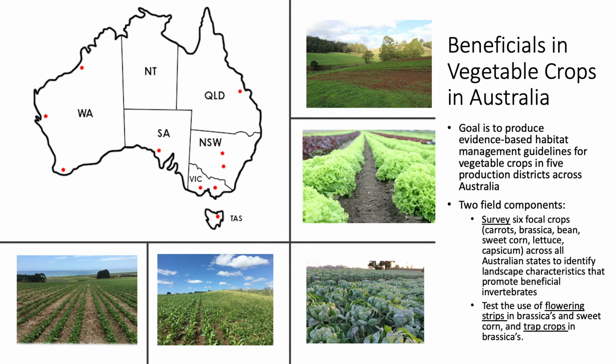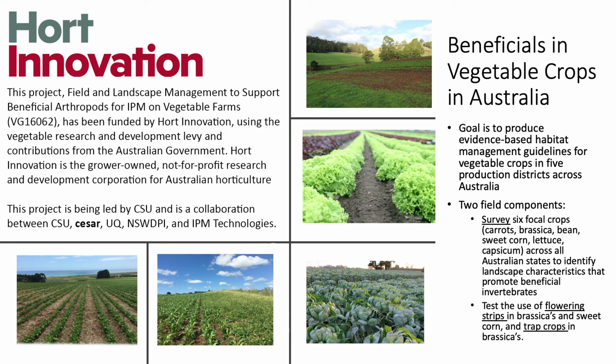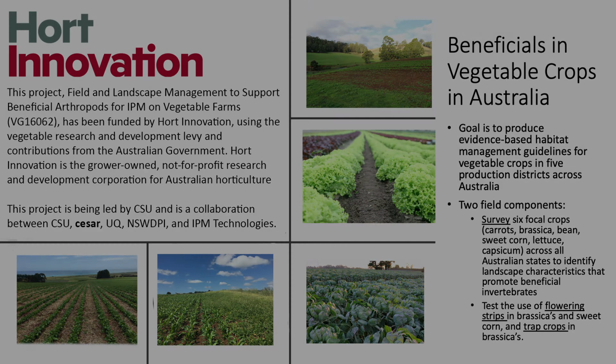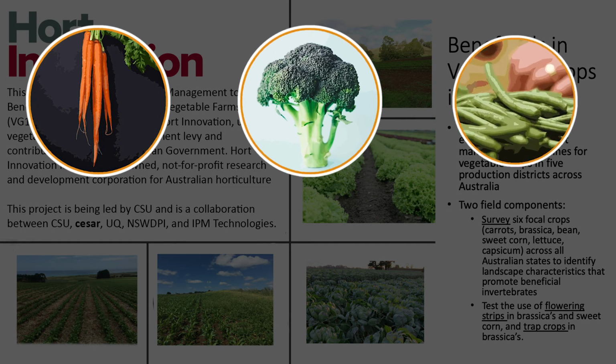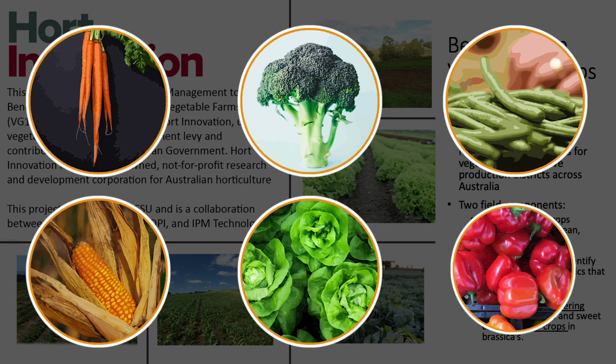Moving now to a current study centred on Australia that has been funded through Hort Innovation, the focus of this study is to develop evidence-based habitat management guidelines for vegetable crops in 5 major vegetable production districts across Australia. The first component of the study has focused on identifying landscape characteristics that promote beneficial insects. This has involved a survey targeting 6 focal crops, including carrots, brassicas, beans, sweet corn, lettuce and capsicum across every